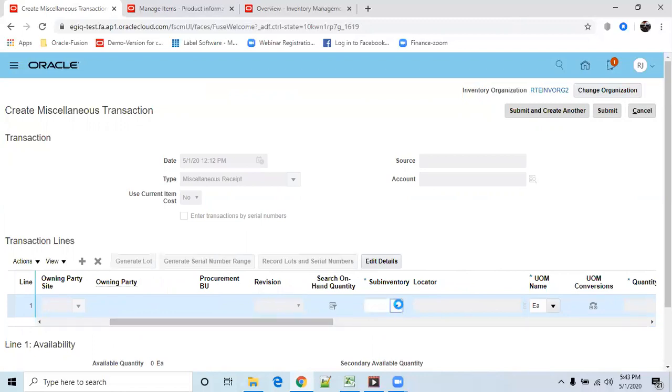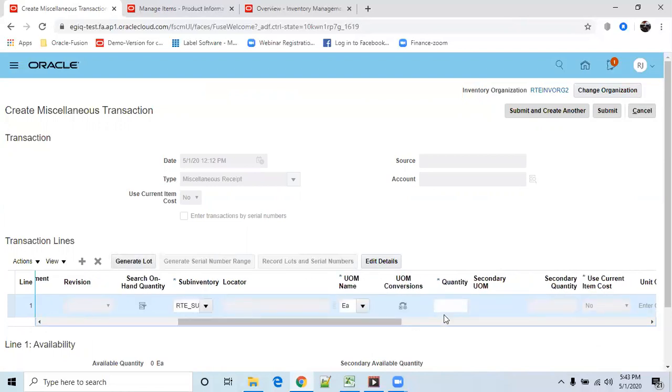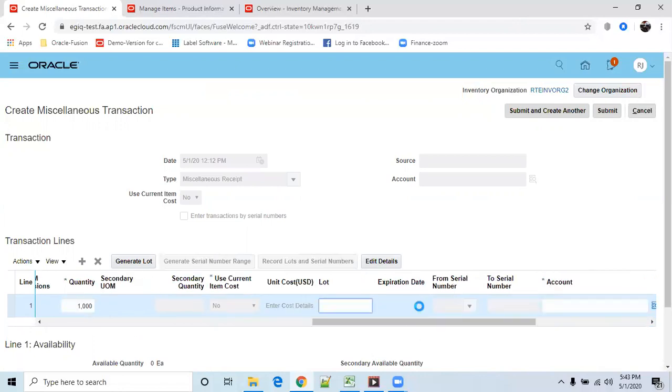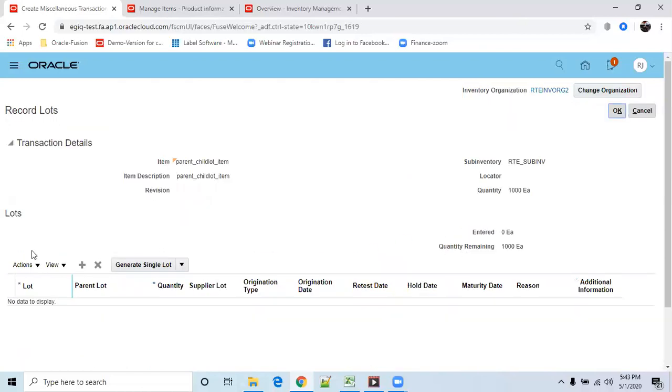Subinventory. Now enter the quantity. So after entering quantity, since it is a parent and child lot combination, click on record lots and serial numbers. Click on this. Click on plus.